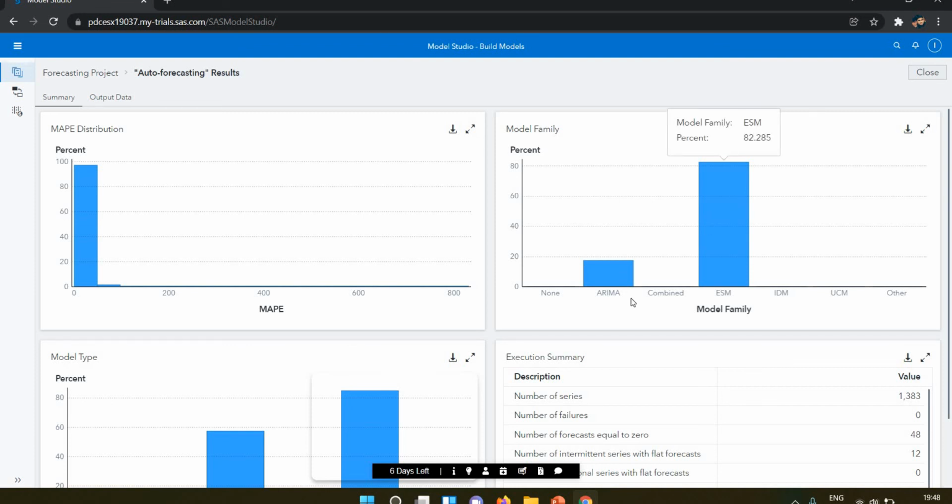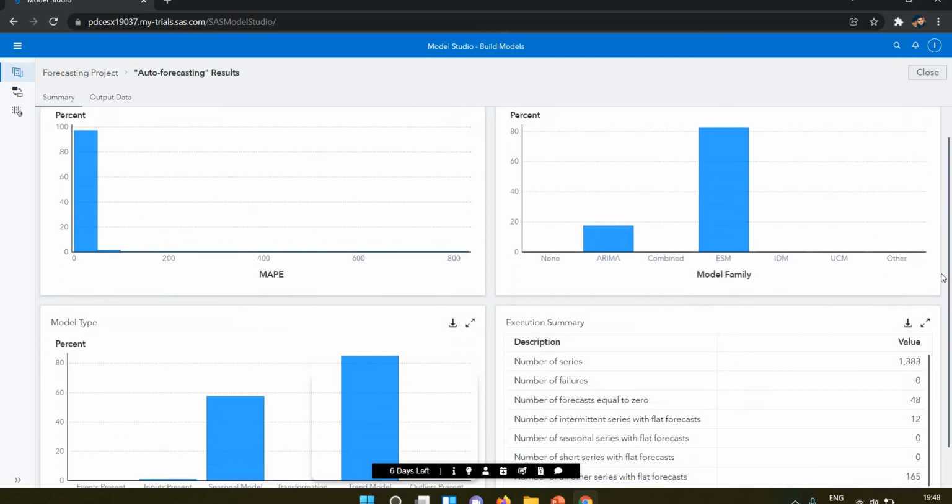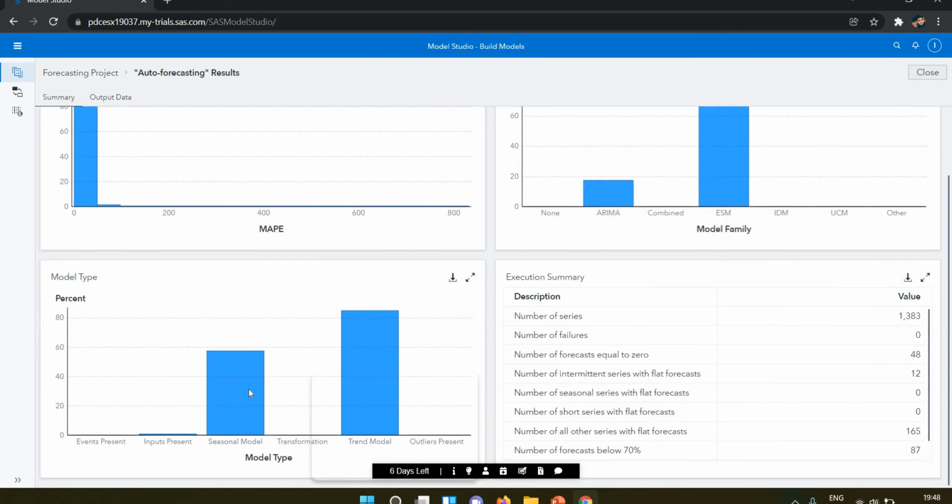ESM is 82% and ARIMA we have 17%. Below we have the model type, a seasonal model and a trend model. In the seasonal model you can see this data is related to seasonal 57%, and in the trend model we have 84.73. So this data is following this model type.